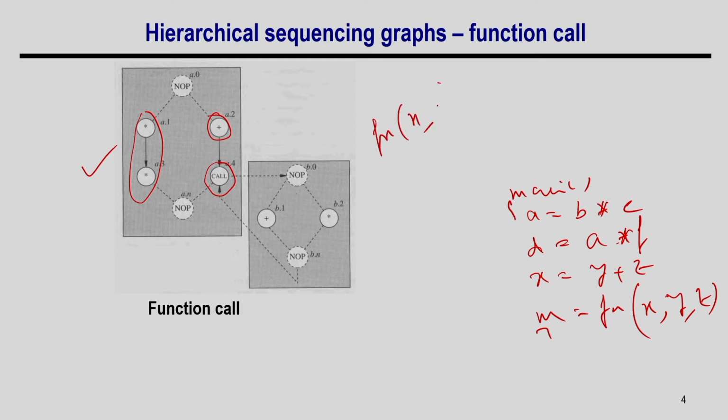This is the function where I am passing x, y and z, and what I am doing here is, suppose I am doing a equal to x star y, and then c equal to y star z, and then there is a plus operation here, and then there is a NOP.